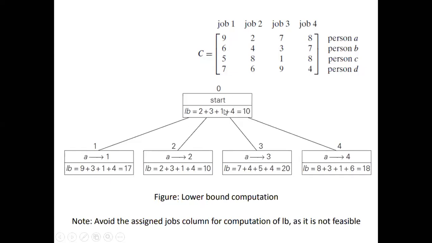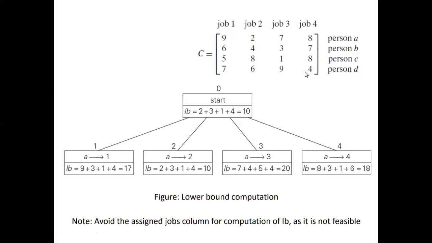Plus. Next is 1, correct? In the place of job 3, it is 1. Can I write 1? No, because I already said I am using job 3. I am assigning job 3 to person A, so I cannot use this one. Check for the next minimum value. The next minimum value after 1 is 5 in this example. So it is 5. Plus, can I write this 4? Yes, I can write this 4 because it represents job 4. I can write this 4 as it is. So what is the total value which we got? It is 20. Are you getting the point here? Okay. If you have any doubts, please put your message in the chat box. I will reply to that. Okay. So this is done.